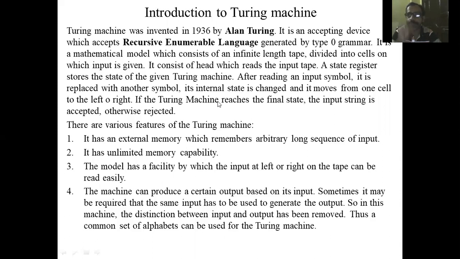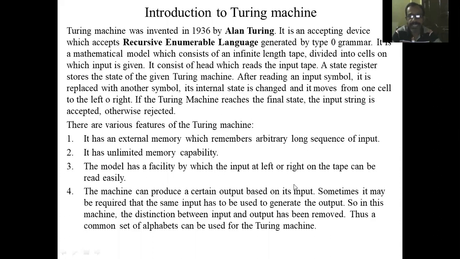If you compare the Turing machine with finite automata, they look similar structure-wise. Finite automata has a finite tape and finite control. Here, the Turing machine contains an infinite tape. One difference is the tape type: in finite automata the tape was finite, while the Turing machine uses an infinite tape. One more difference is that in finite automata the head moves only to the right, from the first symbol. In the Turing machine, the head can move either left or right based on the input.